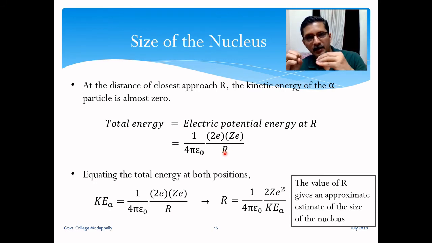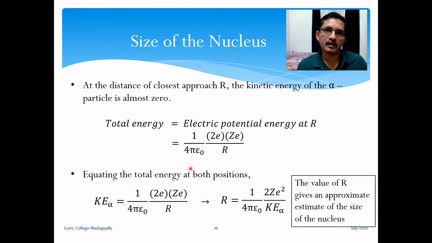R is the separation distance, the distance of closest approach. Now, when the alpha particle was very far away from the nucleus, what was the total energy of the system? It was the kinetic energy of the alpha particle, right? And when the alpha particle reaches the distance of closest approach, the kinetic energy reduces to 0, but now there is